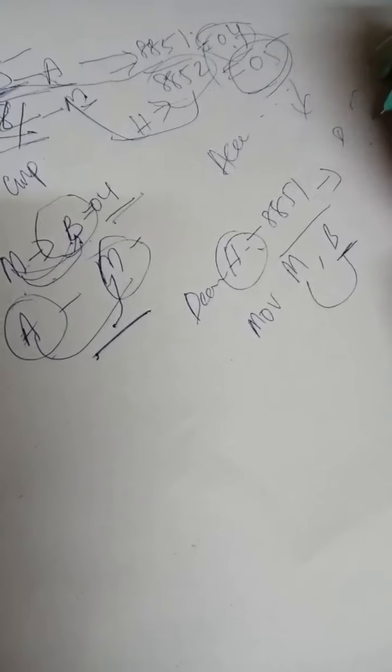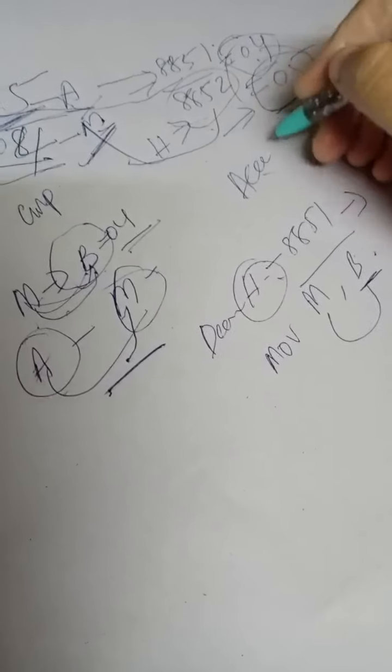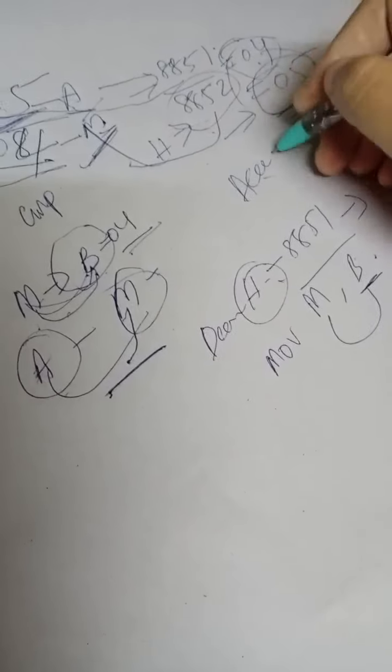Now the count which is in D will decrement. Like this, you have to take the data and compare. One data you should keep in the accumulator, one data in memory. Now again the memory pointer will increment. It will point to 8852, and again the 8852 number will move to the accumulator. Then again it will increment, and the 8853 number will move to memory. Memory and accumulator numbers will be compared. Again, if the memory number is small and the accumulator number is large, because we are checking the jump on carry instruction.